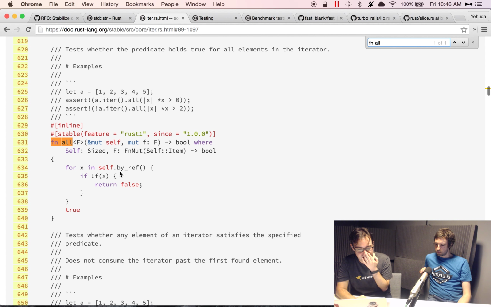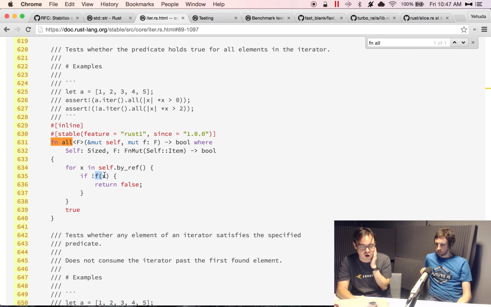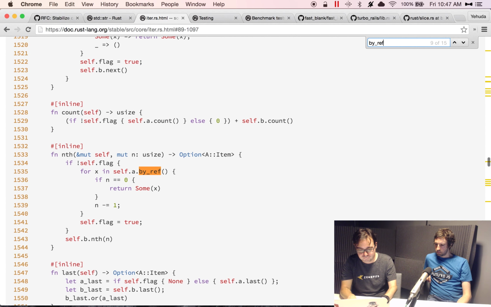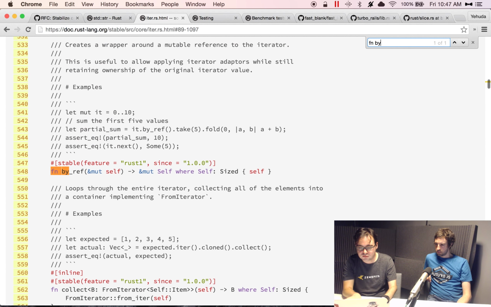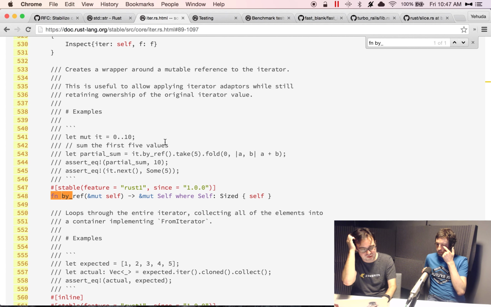What it's doing is it's getting the self by reference, looping over all the things that are in it. It calls the callback with the thing that it just got. If the callback returns false, it returns false. Otherwise, it keeps going until the end. It returns true. And note that by_ref is actually just a thing that takes mutable self and returns it. It's an adapter basically, so you don't have to really know. It's basically the way to think about what's happening here in